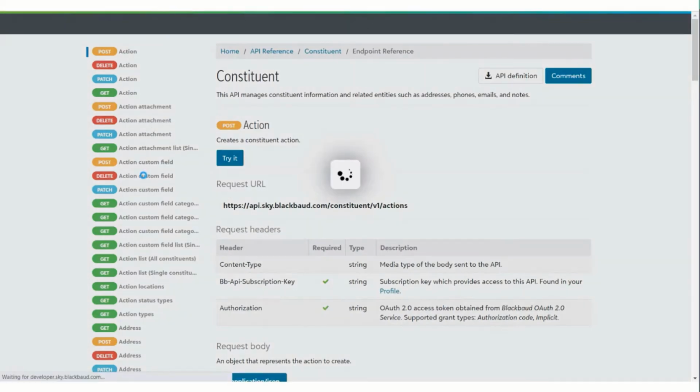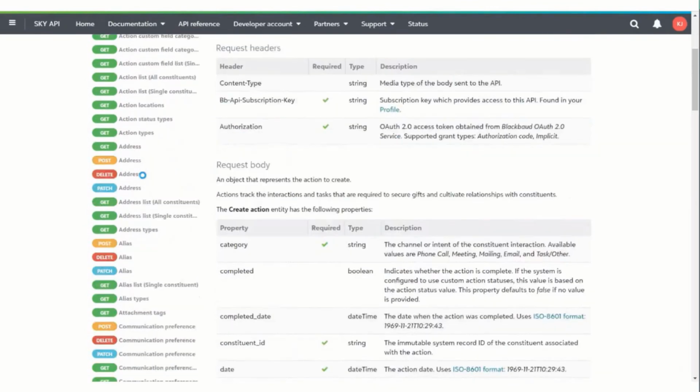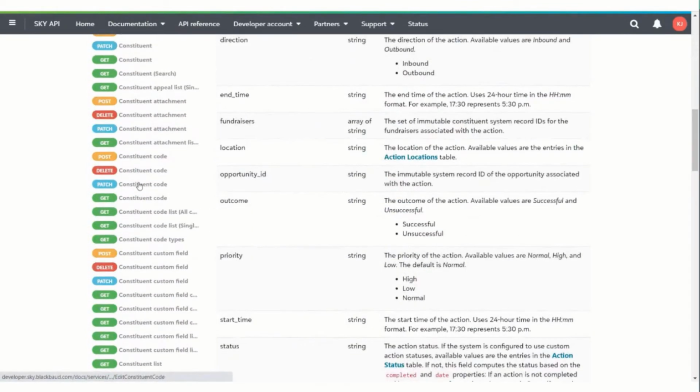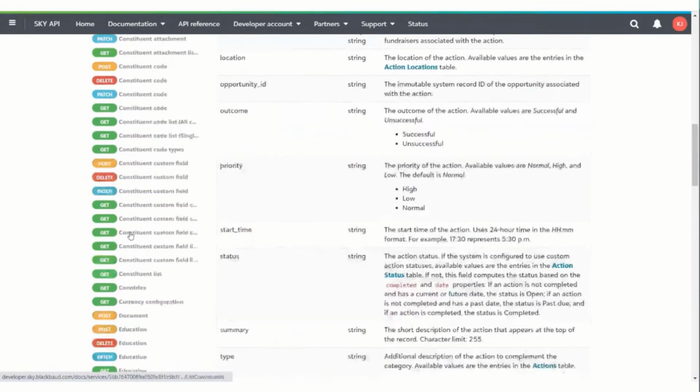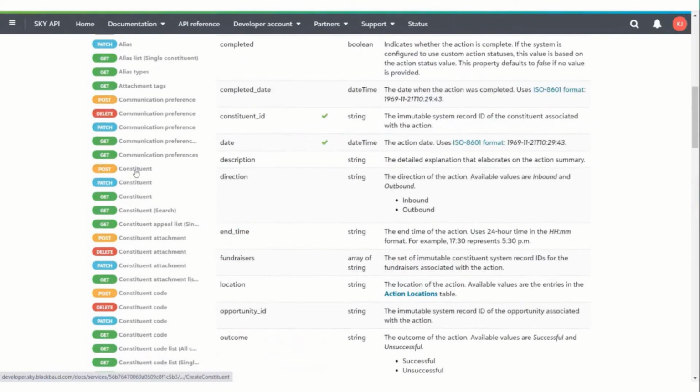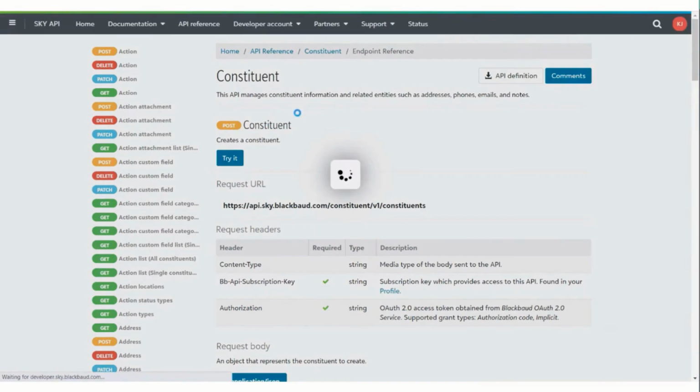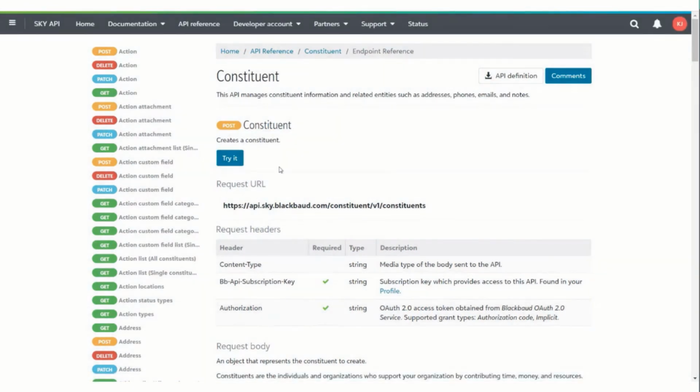If I were to create a constituent using the API, which is known as a POST, that's just a more developer term you would need to know.